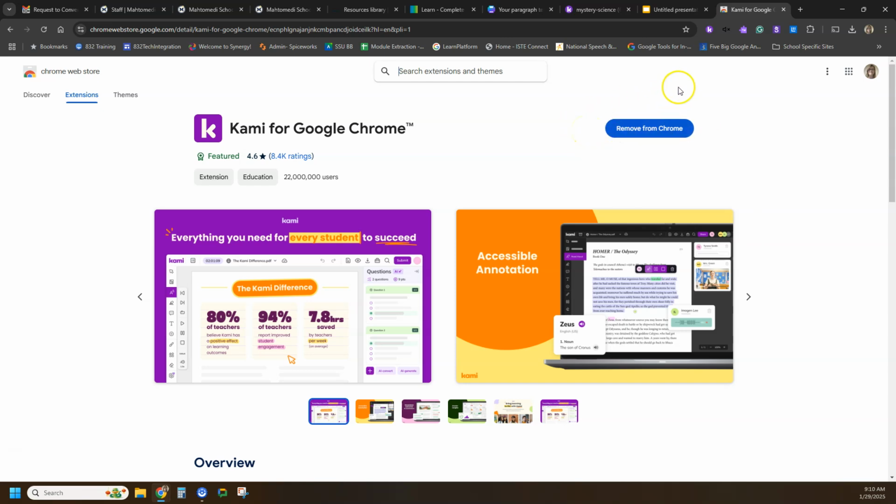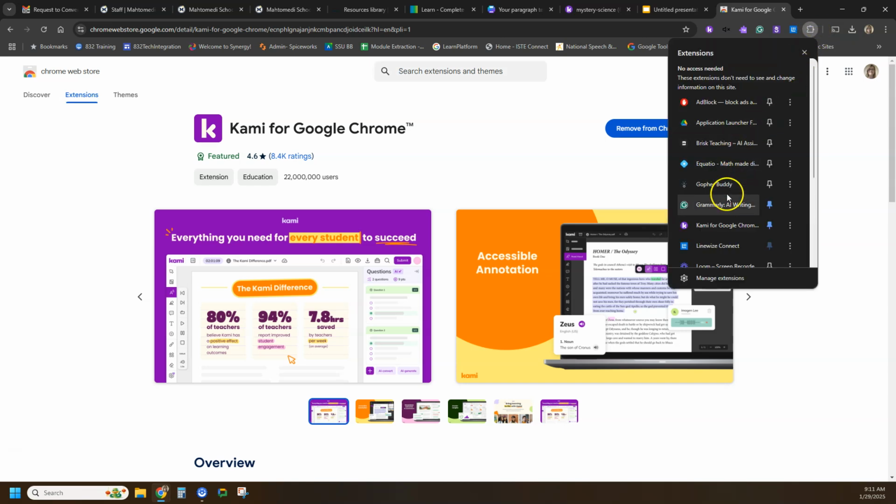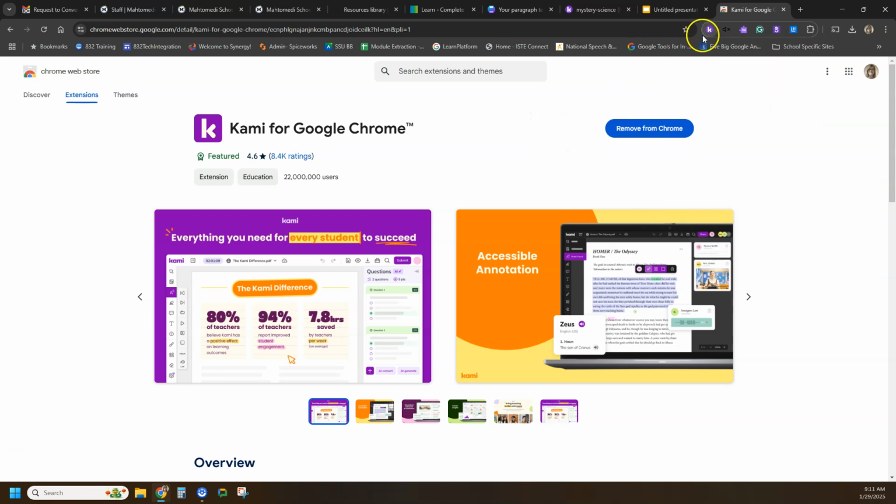Once you get that, what you're going to see up on the top is either the K, a purple circle with a K, in the top right-hand corner of your Chrome. If it's not there, don't worry. If you click the puzzle piece and go down, you can find it here. Okay, so once you click and open up Cami,